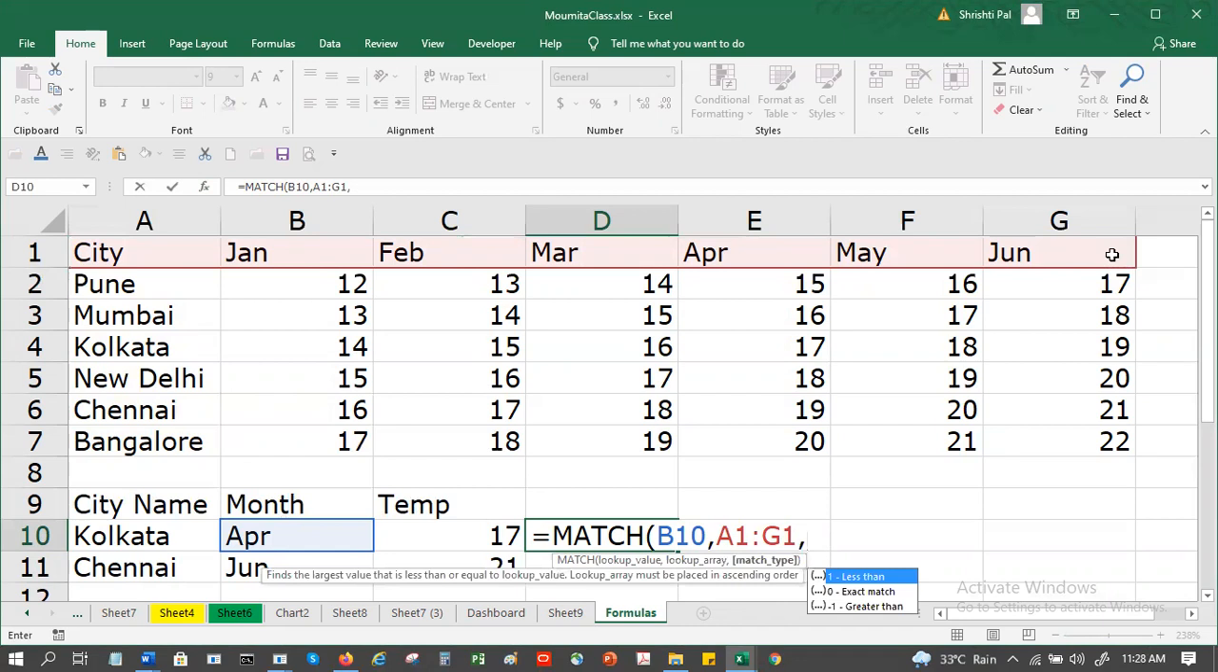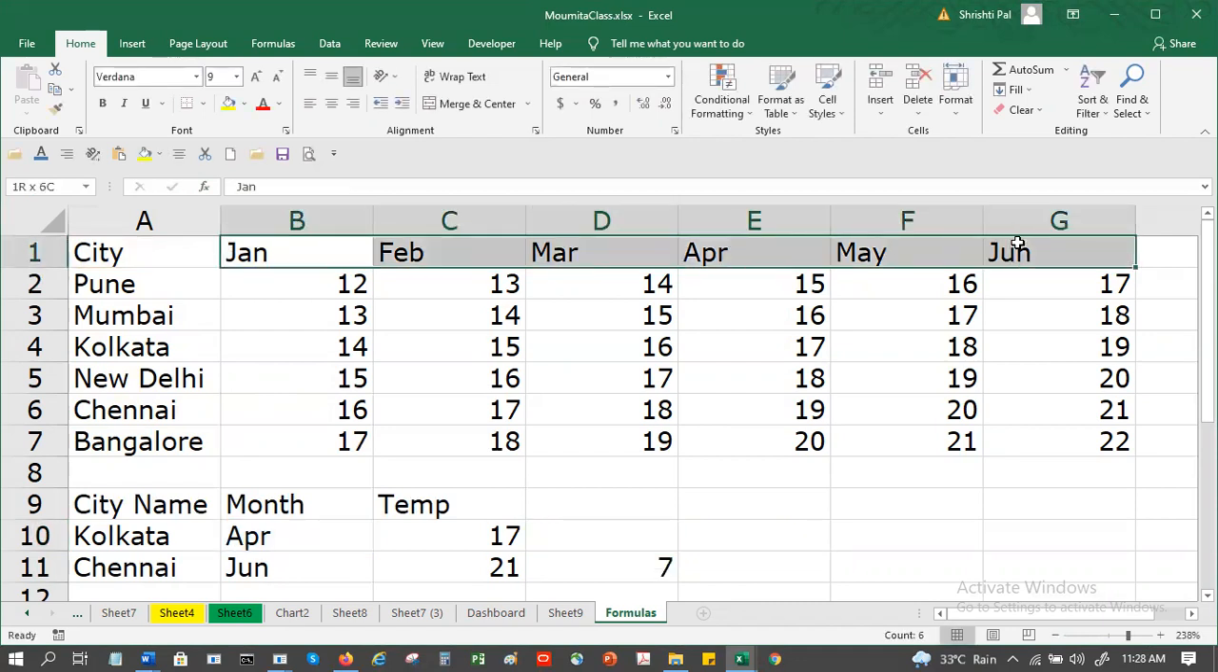And match city type. City also has to be selected, that's not it. City means the whole column. If I don't select city, that's also fine. In that case, what will happen? See, if I start from here,